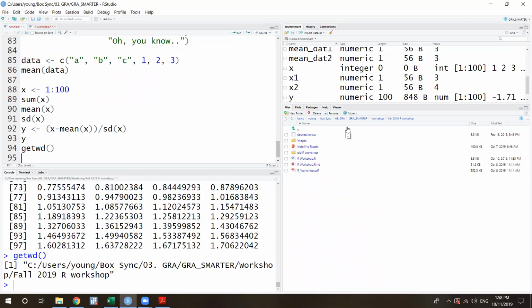Or you can find the file here, click More, and it says Set As Working Directory. This is also an easy way to set your working directory. If you have any problem with setting the working directory, raise your hand and I'm gonna help you, because this can be the hard part the first time.